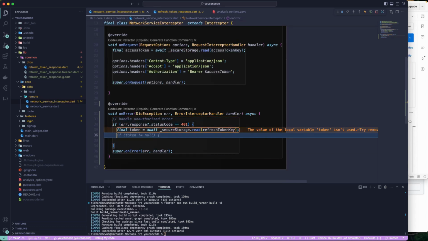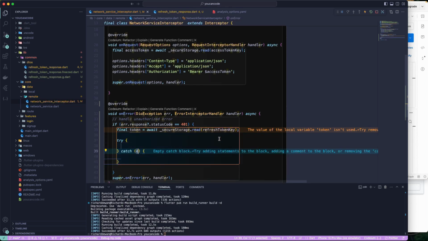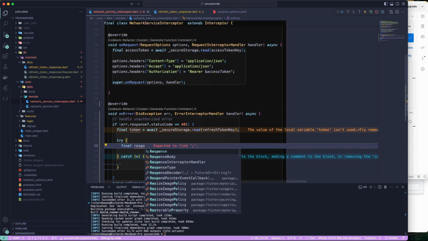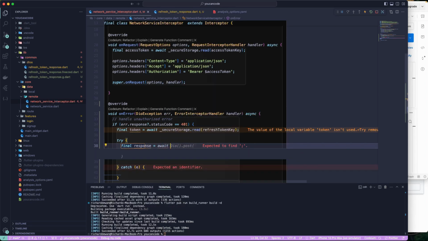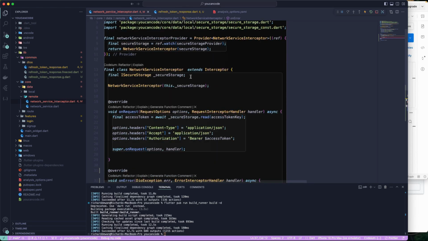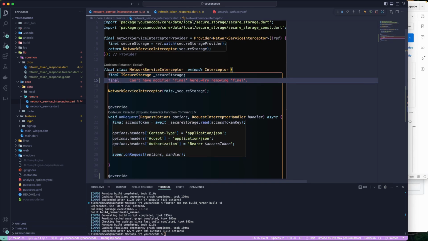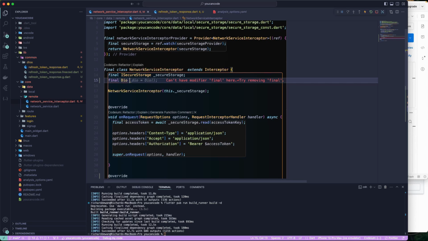And once we have this option, let's just go and make use of the try catch block over here. We may get some errors, so it's good to catch that particular error. Final, I'll just go and call this one as the response, and I need to grab the Dio over here. Currently we don't have an option for Dio, so I'll just go and get it as a dependency over here. That will be of the Dio, and it's going to be underscore dio over here, and let's just go and grab it over here as well. So this dot